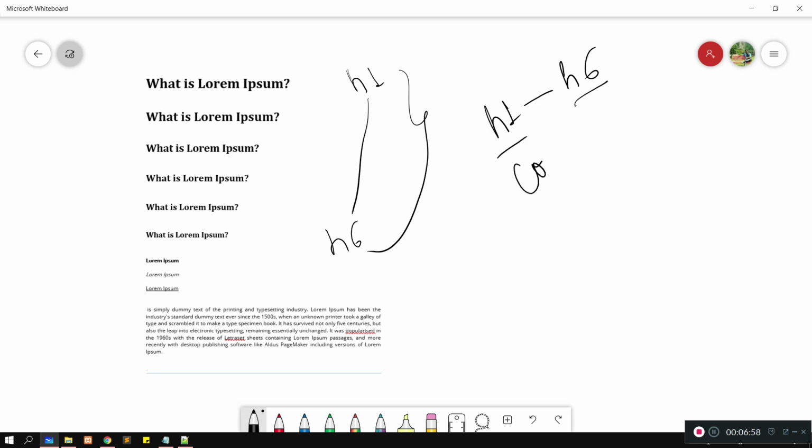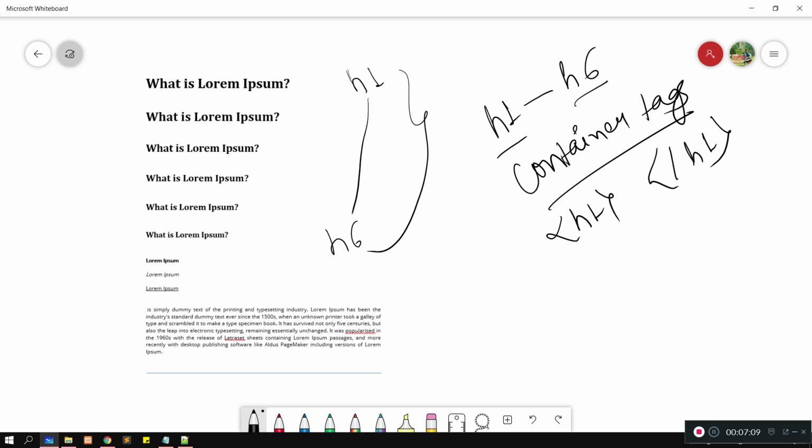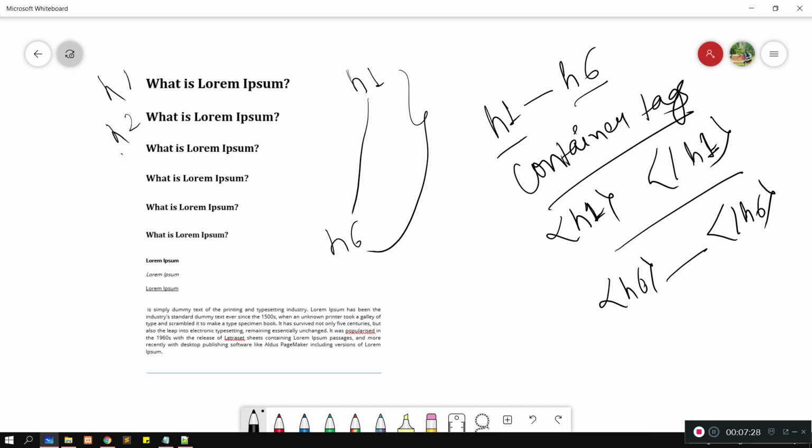These all are container tags, means they have opening and closing. This is H1, H1 closing. Likewise H6 and H6 closing. Understood? So we have H1, H2, H3, H4, H5 and H6. Total 6 headings we have.